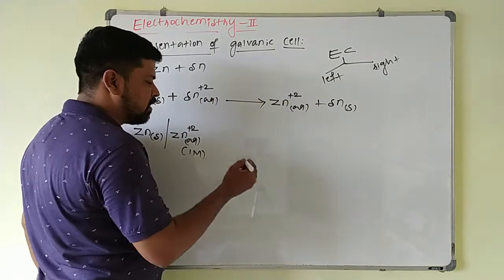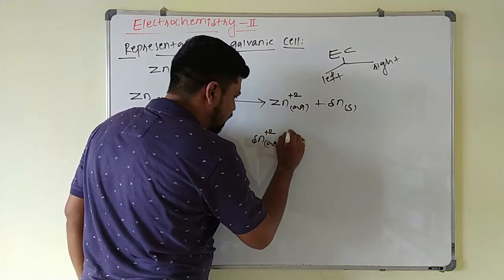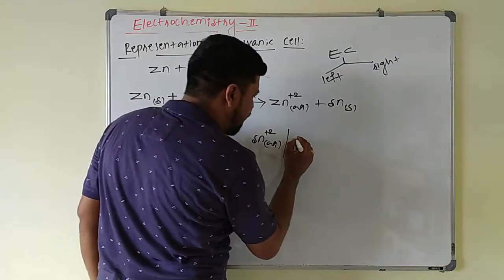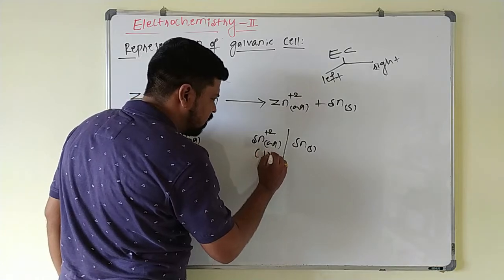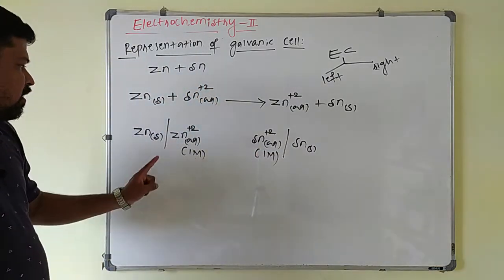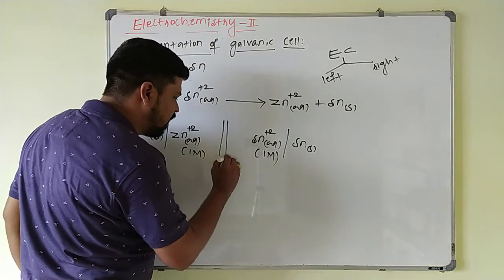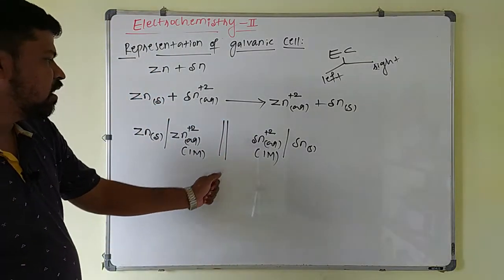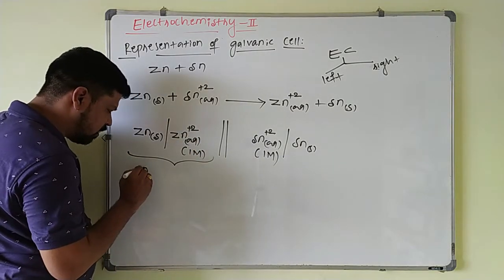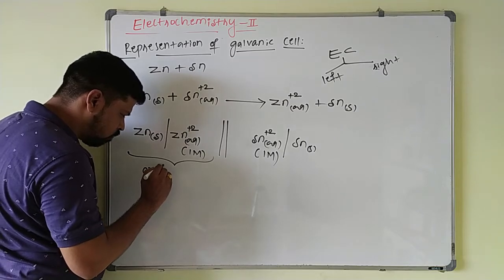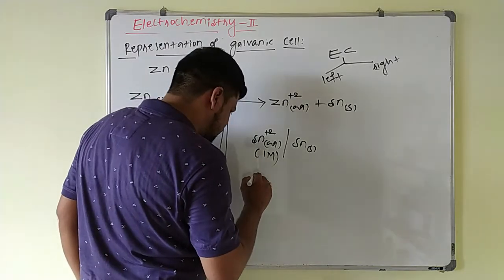So this is undergoing reduction. So reduction half cell is indicated by putting a vertical line between the electrolytic solution and the electrode, that is tin here. So here the concentration of electrolytic solution is, again I will take 1 molar. Oxidation half cell and this is reduction half cell. In between these two I will put a double vertical line which represents this salt bridge here. So this will be your oxidation half cell. And this is reduction half cell.